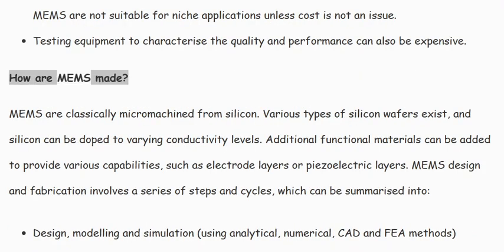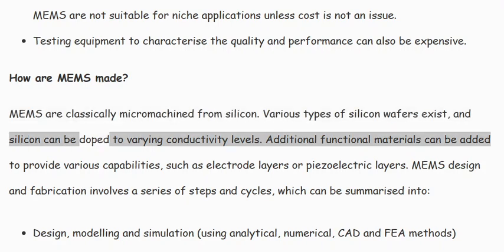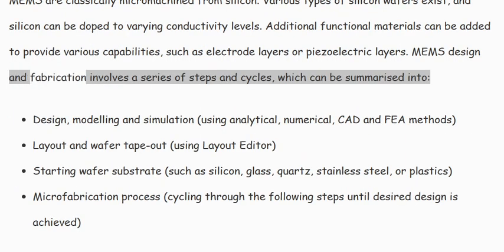How are MEMS made? MEMS are classically micromachined from silicon. Various types of silicon wafers exist, and silicon can be doped to varying conductivity levels. Additional functional materials can be added to provide various capabilities, such as electrode layers or piezoelectric layers. MEMS design and fabrication involves a series of steps and cycles, which can be summarized into: